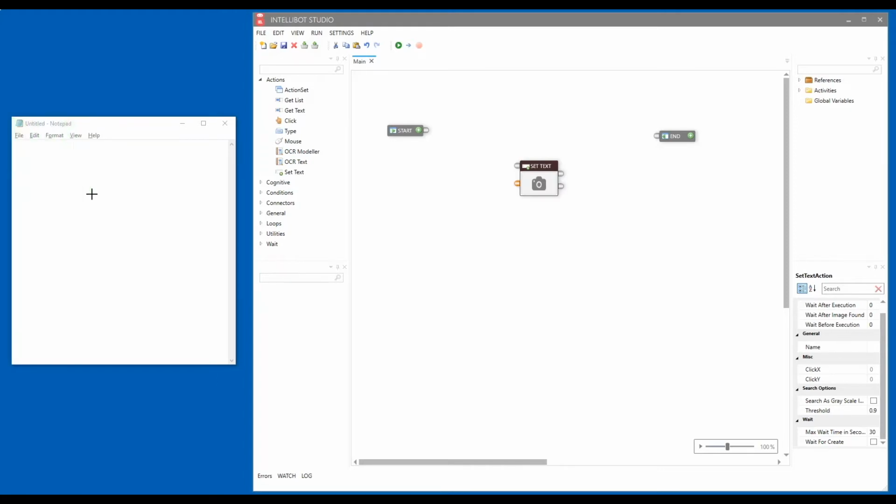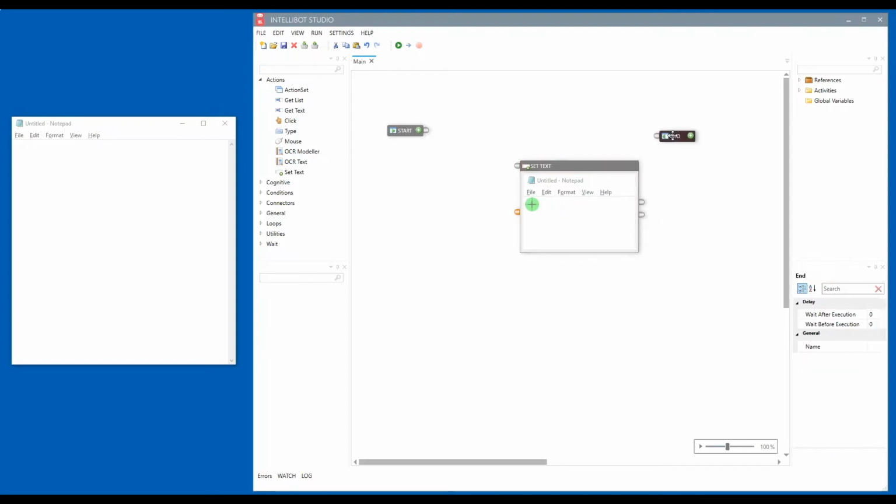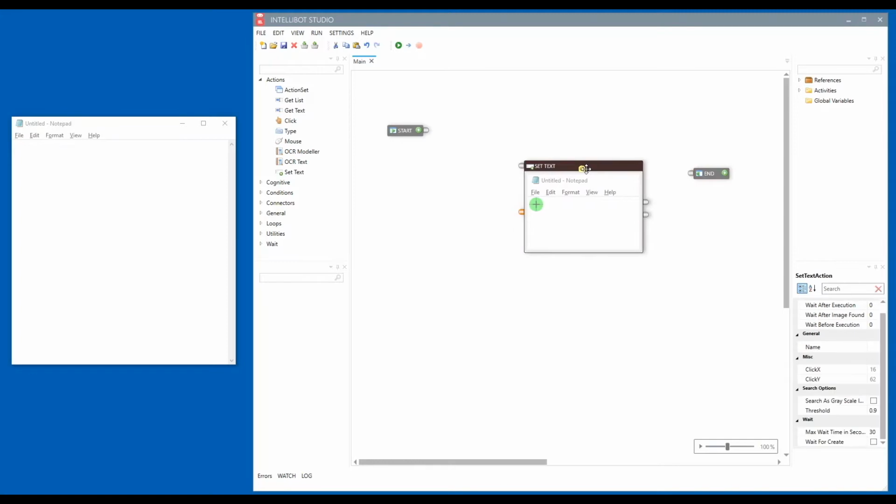As we release the mouse button, the image will appear inside the set text component. Now, we will move the green crosshair to the spot where we want to set the text. So far, we have defined where we need to input the text, but not the text itself. To define the text, let us pull in another component called variable from the toolbox where we will store the